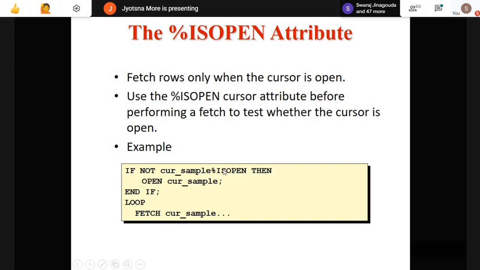So if not cursor sample percent is open, then check whether the cursor is open or not. If not open, then open the cursor. Otherwise, just write open cursor. If you want to check, you can write this is-open statement. Otherwise, no need for that, just go with open cursor. This is just how to make use of the attribute.